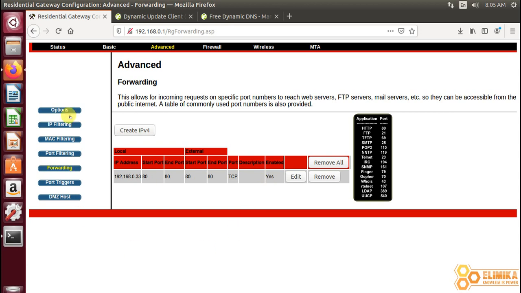So your user interface might be different from mine, because there are different router vendors, and every vendor has got their user interface specific to them, and therefore it might be different from mine. So you need to find where your port forwarding option is. And after you have done that, at this point you can actually access your website through the